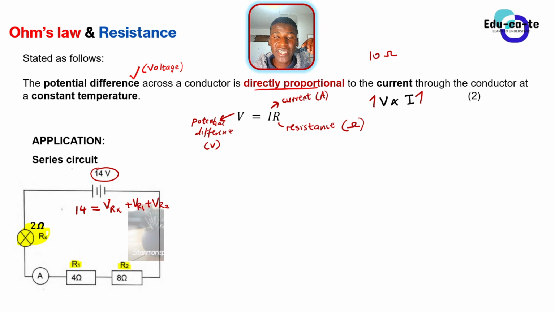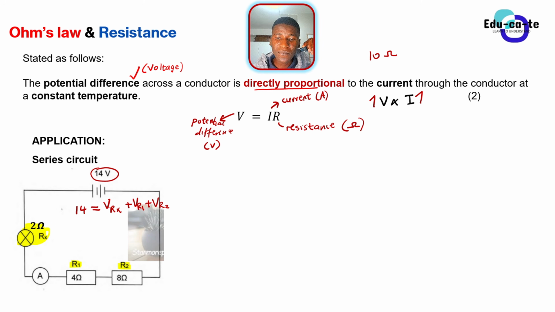Remember that I've already explained in another video the series and parallel connection and what it means when you say that we are dividing voltage in terms of mathematics. So here basically this 14 volts will be shared among these 3 resistors. Now the misconception is to say that these 14 volts will be shared equally. No, that's a misconception. It depends on the resistance, or how much is going to Rx, how much is going to R1, how much is going to R2.